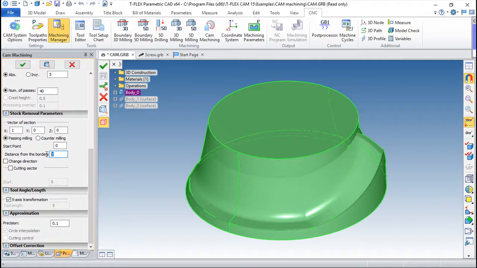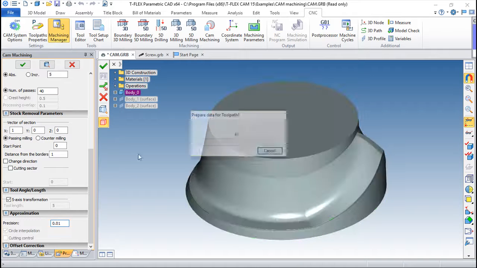We can set a distance from the borders. I can say, for example, 1 mil. And I can have a 5-axis transformation chosen, because if this is not chosen, I should insert my tool length manually. So I want to leave this in automatic. And I will increase a little the precision. So calculate it,